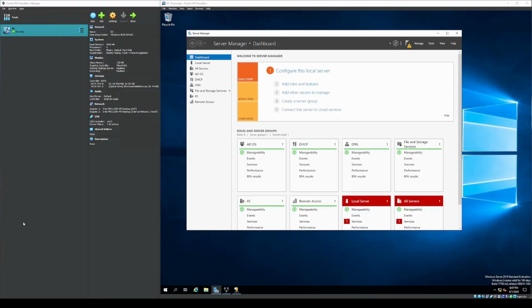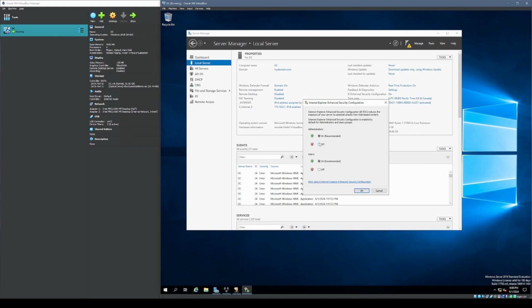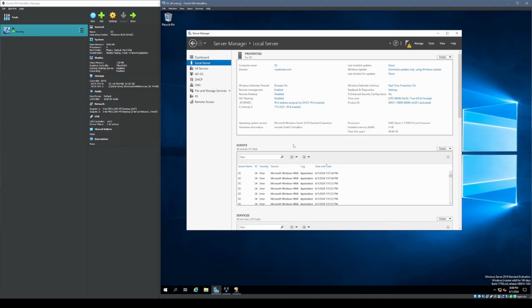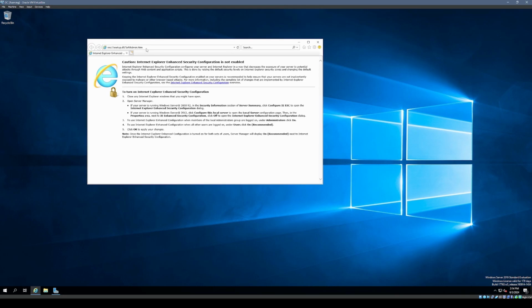What we're going to do now is make a small configuration to our internet browsing. We're going to click on configure this local server here, and scoot over to where it says IE Enhanced Security Configuration. For Internet Explorer, we're going to turn this off completely so that we don't have it screaming at us when we're trying to get the PowerShell script later. Now we're going to boot up Internet Explorer and paste this link into the URL to get the folder with the text file with the 1,000 names, as well as the PowerShell script that we're going to use